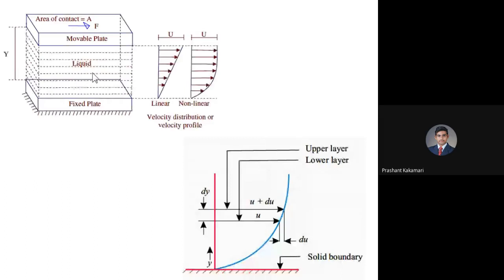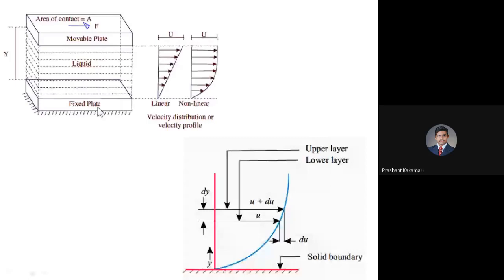If I again increase this y distance between the two plates to a very high value, then the force required to move the upper plate will be negligible, because the distance from the fixed plate is very high, and the upper layers of the liquid connected to the moving plate can easily move. Resistance between layers will be less at the higher level, but the resistance near the fixed plate will be very high. So the layer next to the fixed plate is fixed. We assume that,